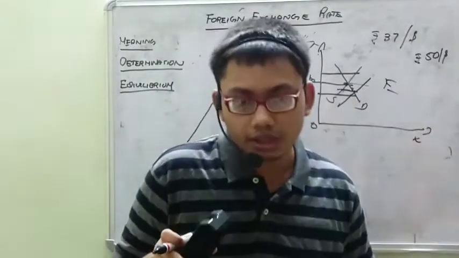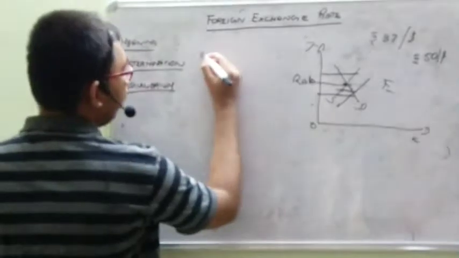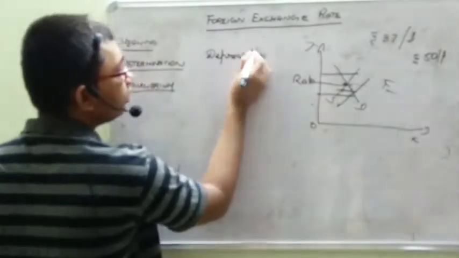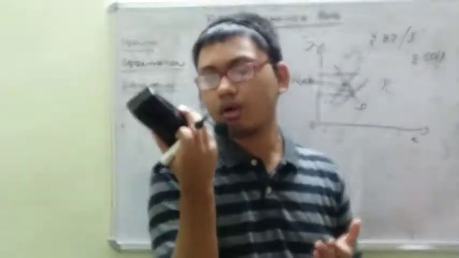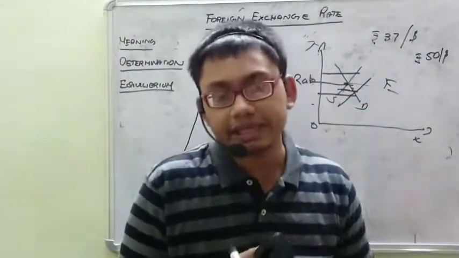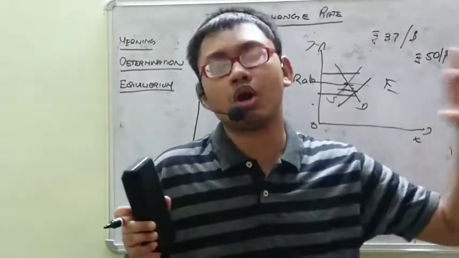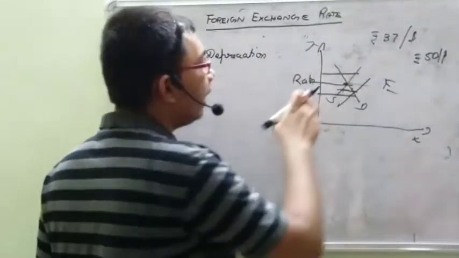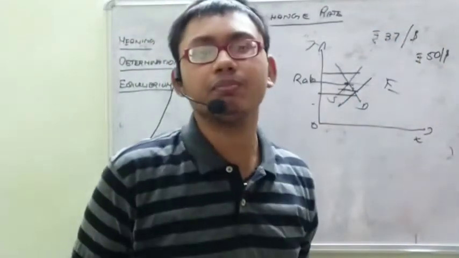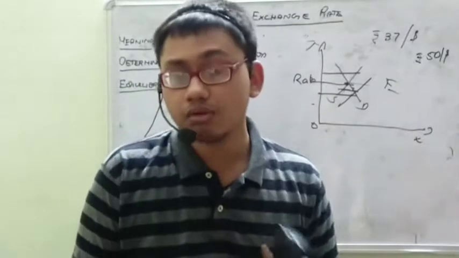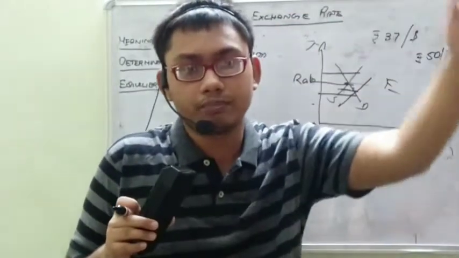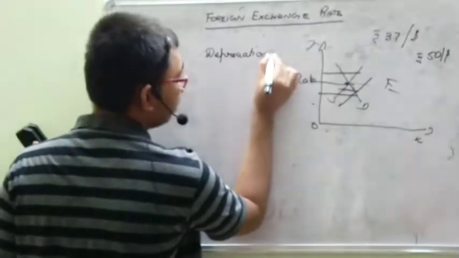Whenever the value of rupee is falling, it is called downward or depreciation. Depreciation happens when the price of rupee falls or the price of foreign currency with respect to rupee rises, because in floating exchange rate, or due to normal market forces. But if the government does like this, there is no change at all in the foreign exchange market. But the government decides that the value of rupee should go down and the value of dollar should go up. So such a thing is called devaluation.